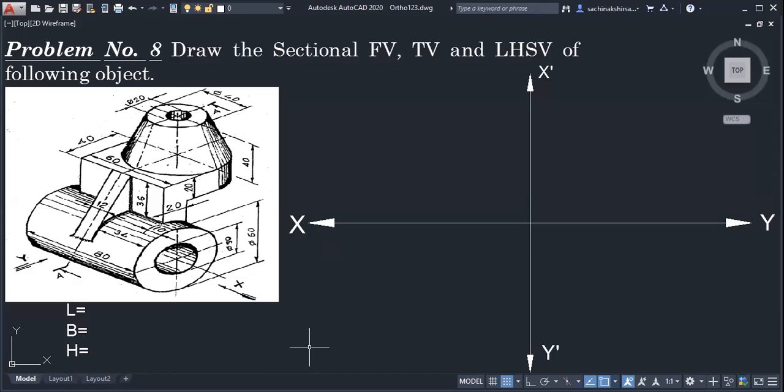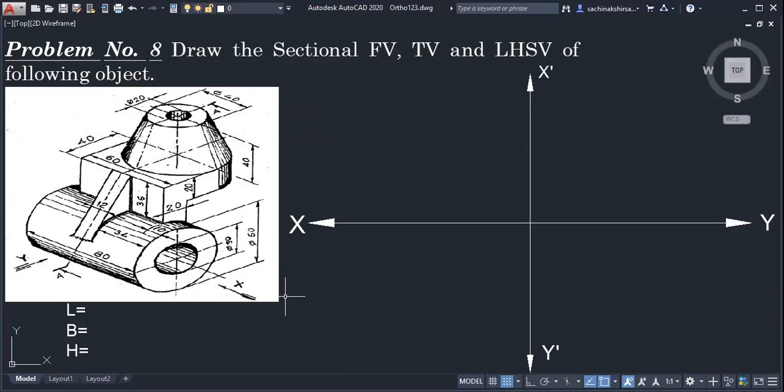We have to add certain dimensions. 130? How? 90 plus 40. Where is the 90?